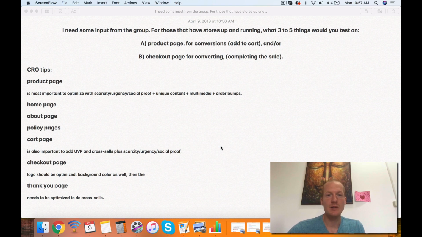I did get a question in a group: which pages should I be optimizing? Should it be the product page, cart page, checkout page, and what kind of tests should I be running? Split testing and stuff like that. My answer is that there are definitely tons of different optimizations you should do on every single page, and it can get down to really nitty-gritty stuff, but at the same time I think the most important thing here